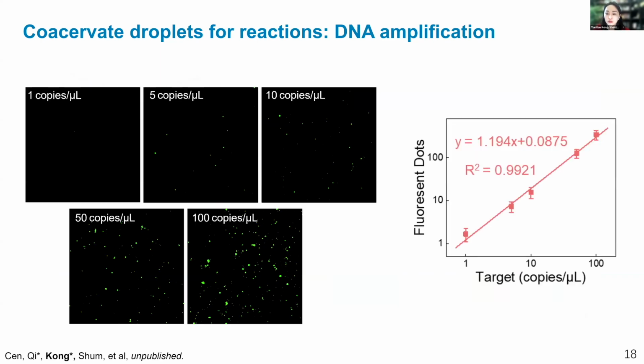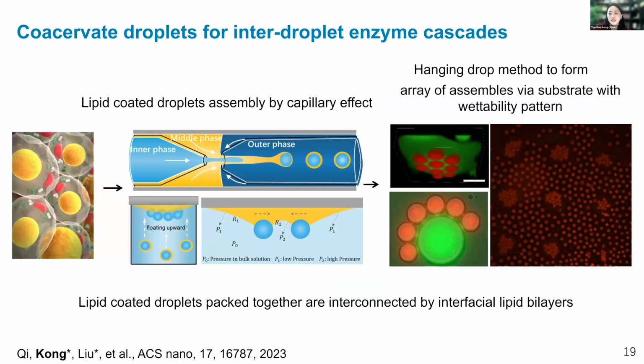And we also show the quantitative power of using coacervate droplets for LAMP-based DNA amplification. So here in this image, each bright green spot represents a droplet where amplification has occurred. You can see that as the initial copy number increases, so does the number of fluorescent droplets. Next, we show that we can use these droplets to perform multicellular-like assemblies or to support inter-droplet